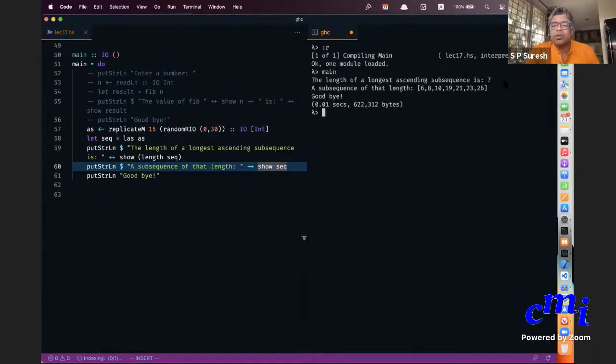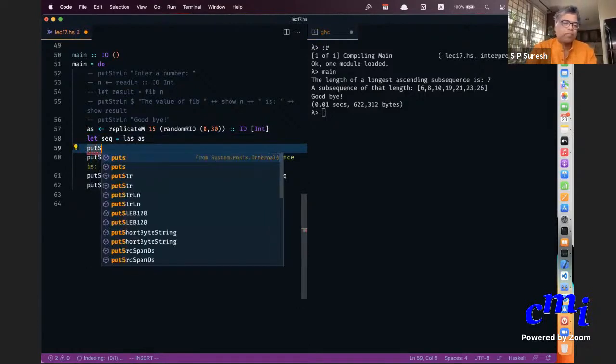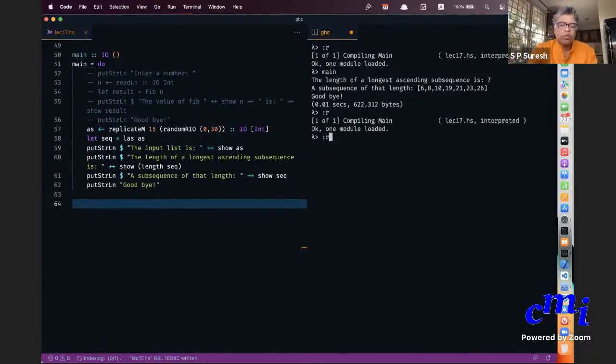Okay, so here is an example. Input list also I have to write, right? Okay, great.